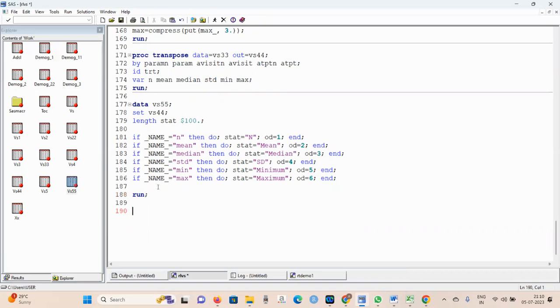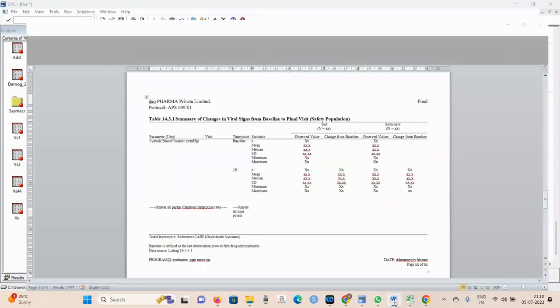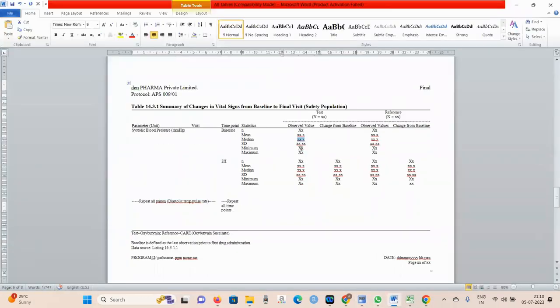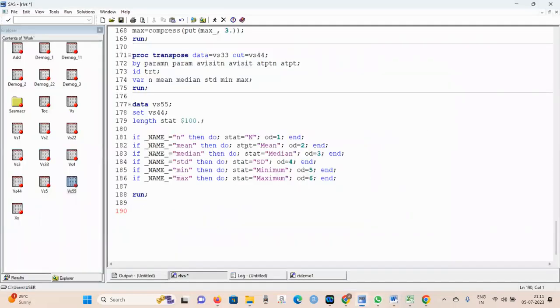Okay, so instead of, I think this is not a set up. This is merging. So you see here, side by side, the observed value, the eval value, and the change from baseline. Those are side by side, so we need to merge. If we need to merge, you need to sort first, right? Proc sort data equal to VS5, the first one, by param, visitn, visit, ATPTN, ATPT,